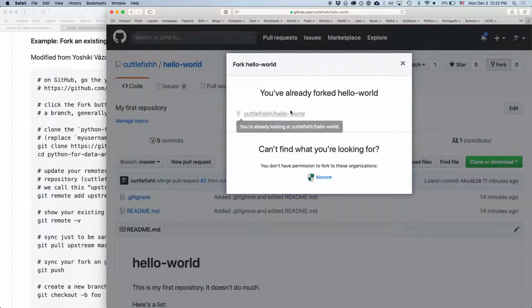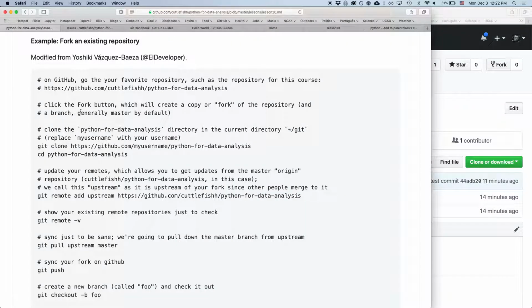For me, it's not going to work. So I could go to one of yours and fork it, or you could go to my Hello World and try to fork it. This is basically you creating your own fork of that repository that you can then work on. So you click on the fork, and then when you clone,